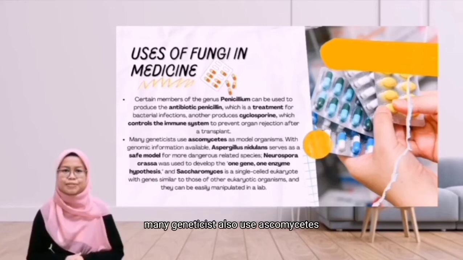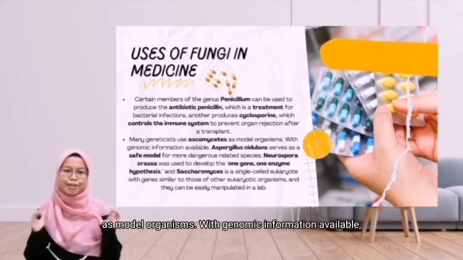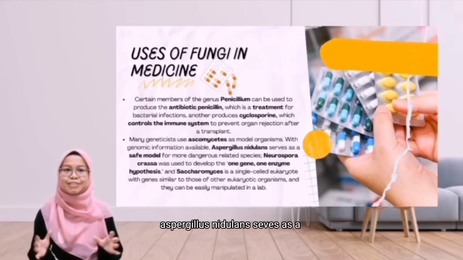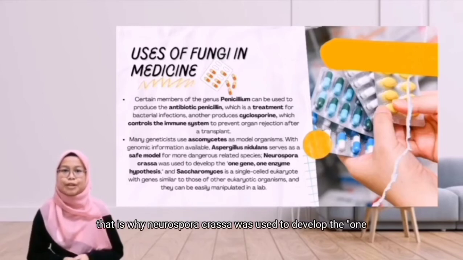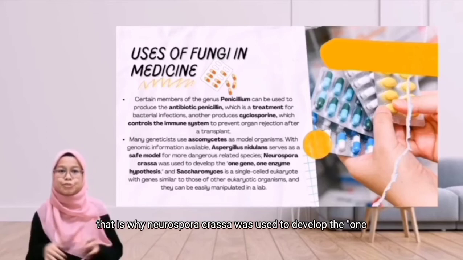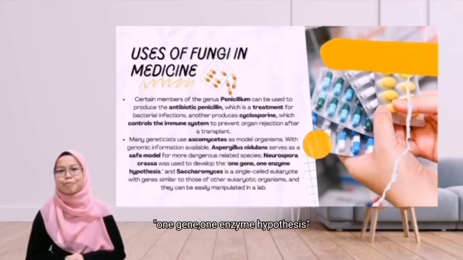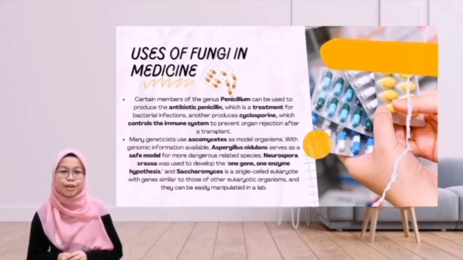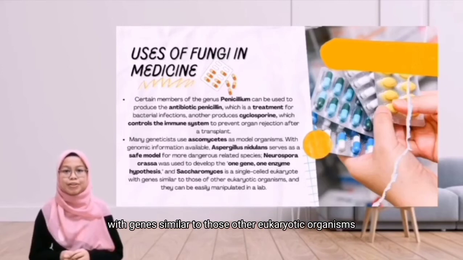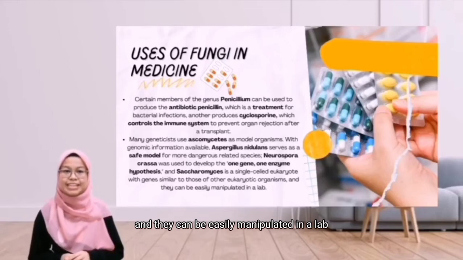Many geneticists also use Ascomycetes as model organisms. With genomic information available, Aspergillus nidulans serves as a safe model for more dangerous related species. That is why Neurospora crassa was used to develop the one gene, one enzyme hypothesis. And Saccharomyces is a single-celled eukaryote with genes similar to those of other eukaryotic organisms, and they can be easily manipulated